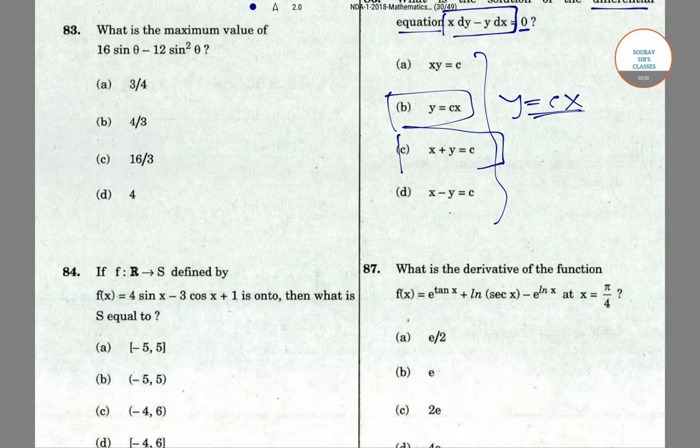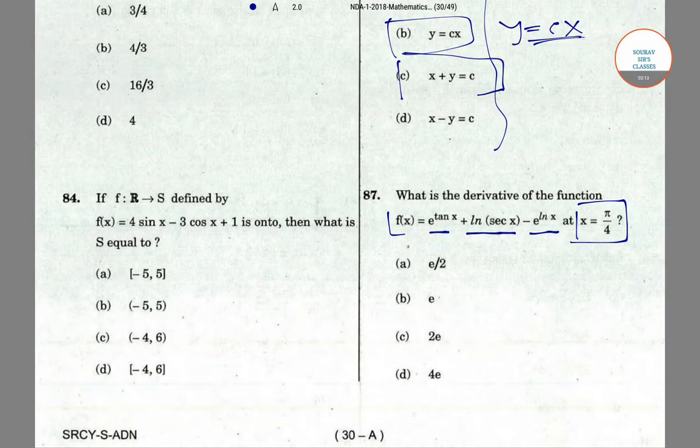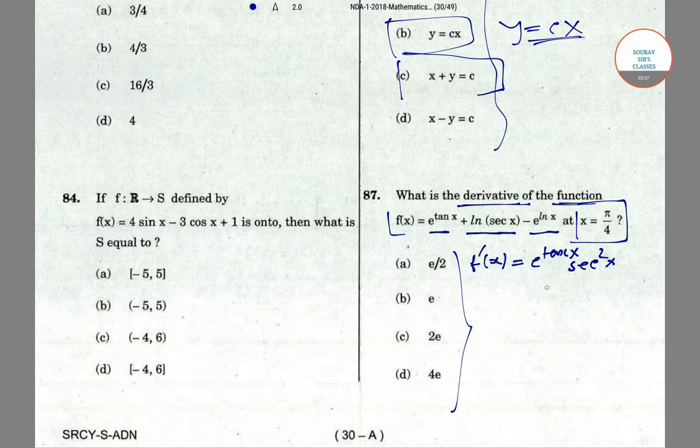In question number 87 it is given f(x) equals e to the power tan x plus log sec x minus e to the power ln x at x to the power x equals pi by 4. Here 4 options are given, out of which we have to find the right answer. We'll just do first order differentiation because it is given as the derivative of the function. So it will be e to the power tan x times sec square x plus sec x tan x divided by sec x. The sec and sec will get cancelled out and we'll get e to the power 2x by x,